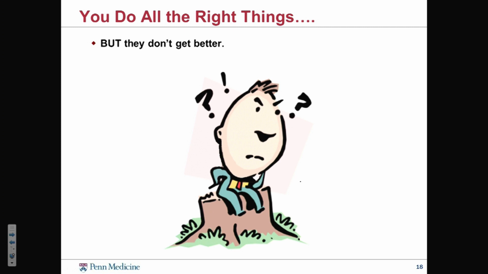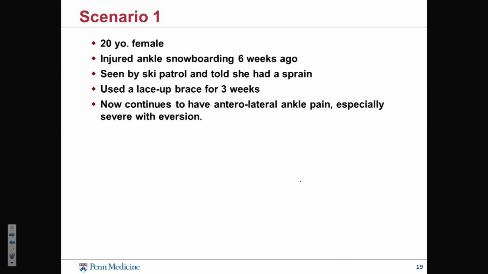But sometimes you do all the right things. You treat them with rest, ice, compression, and elevation. You get them moving, you rehab them, you put them through a course of therapy even, and they still don't get better. And that's really what we want to talk about today, is what are the things that could be happening that explain why an ankle sprain that should get better is not improving. So the way I put this together was to have a couple of different scenarios that go over some of